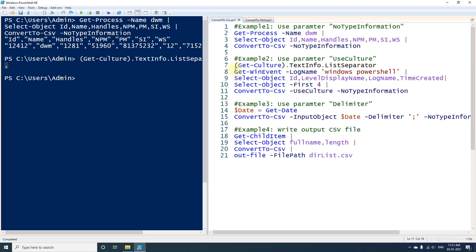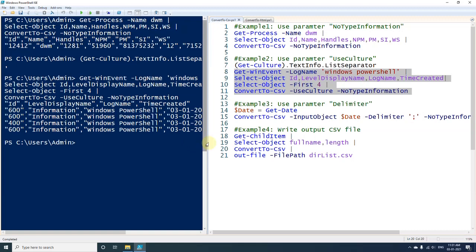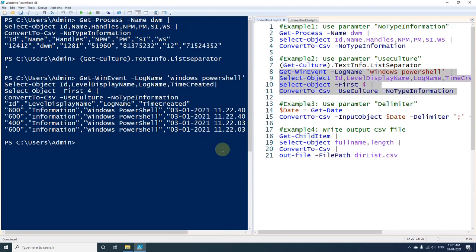So if I execute the entire thing, then you can see here that we have got output which contains the first row as ID, LevelDisplayName, LogName and TimeCreated, and all these are separated by comma here.